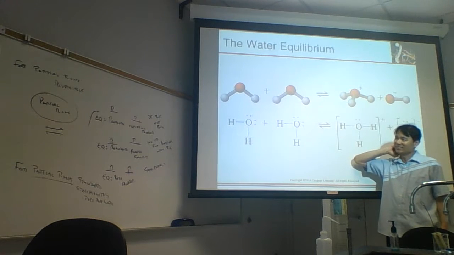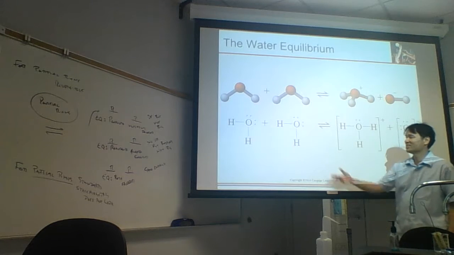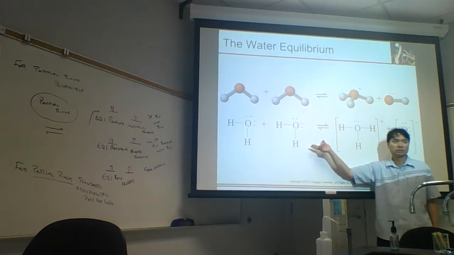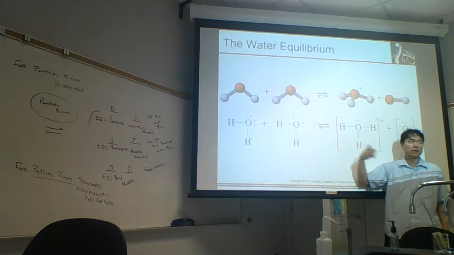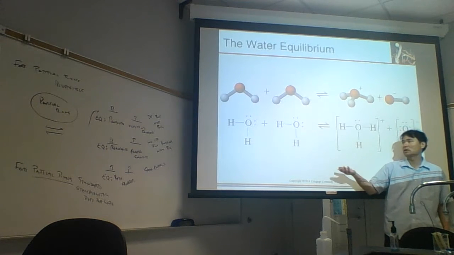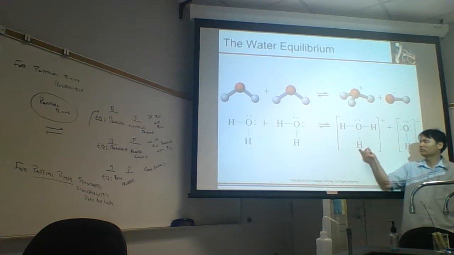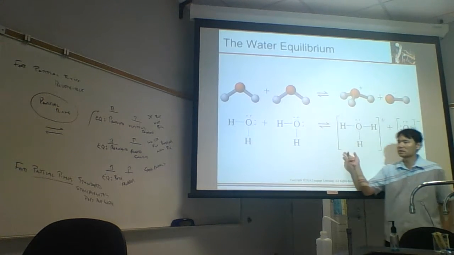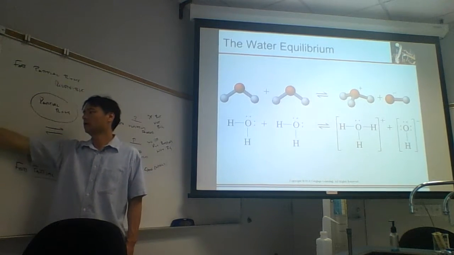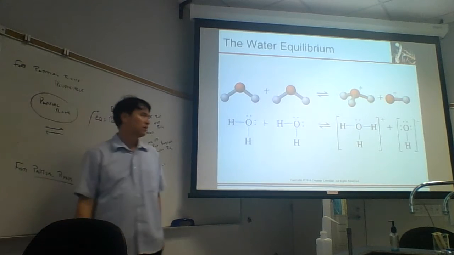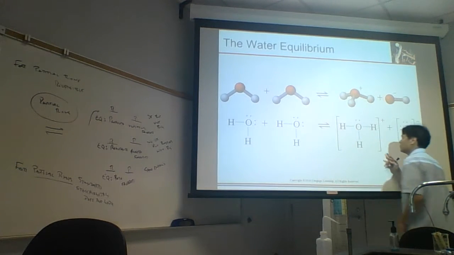This is a dynamic equilibrium. We've seen equilibrium before, they're dynamic, and what happens is the forward reaction never stops, because you can't stop water molecules from colliding with each other. They're just going to naturally collide. Only a tiny, tiny fraction react. This is the type of scenario where the reactants are heavily favored over the products. But since there's a tiny fraction that is capable of reaction, we're going to generate just minute quantities of hydronium